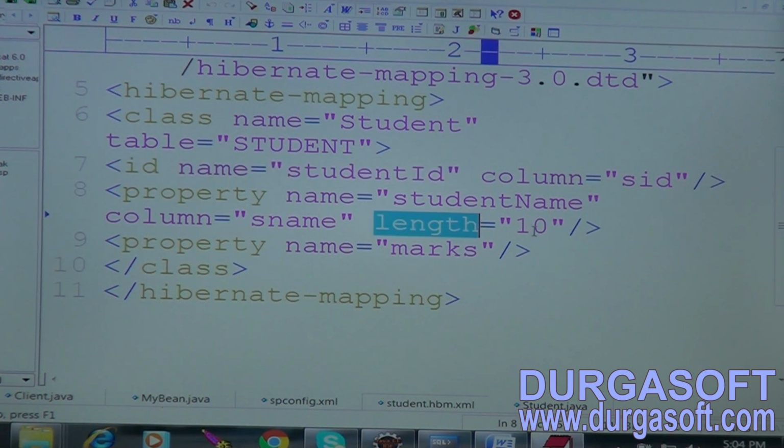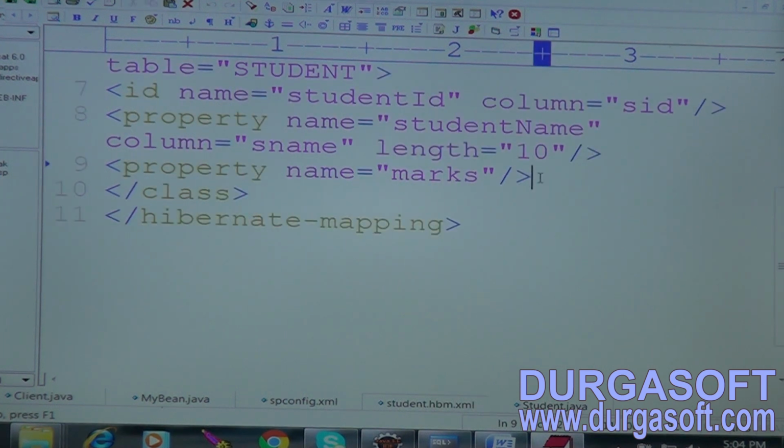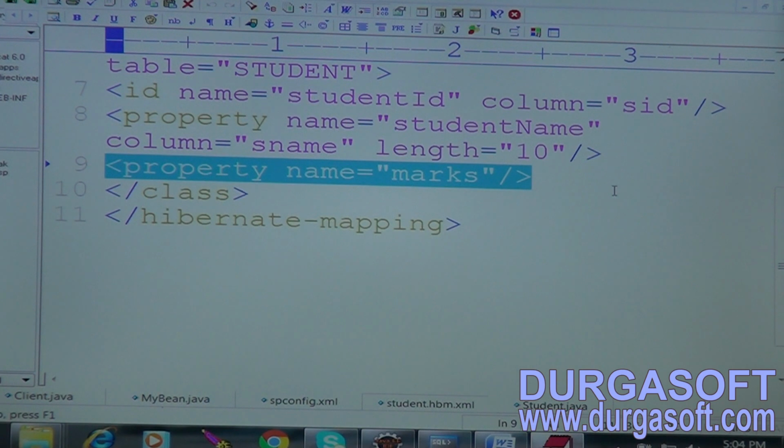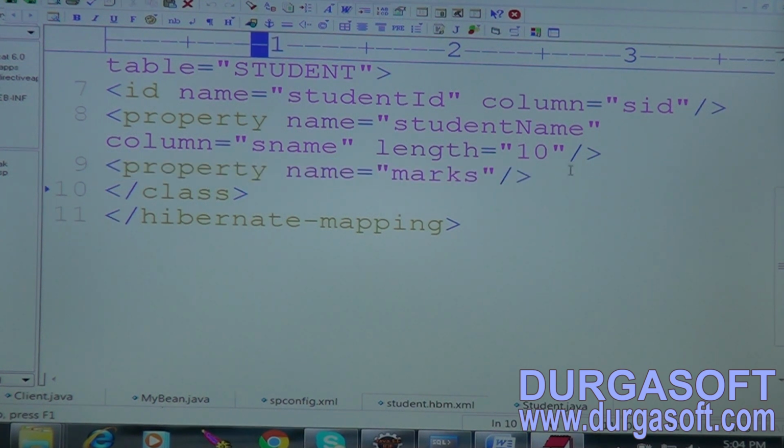If you want to put the length also, we can take the length, because the framework takes care of creating the database table also. We are not responsible. Then property name equal to marks. If the database column name and Pojo class property name are both the same, then the Pojo class property name is enough. We need not mention the database column name.